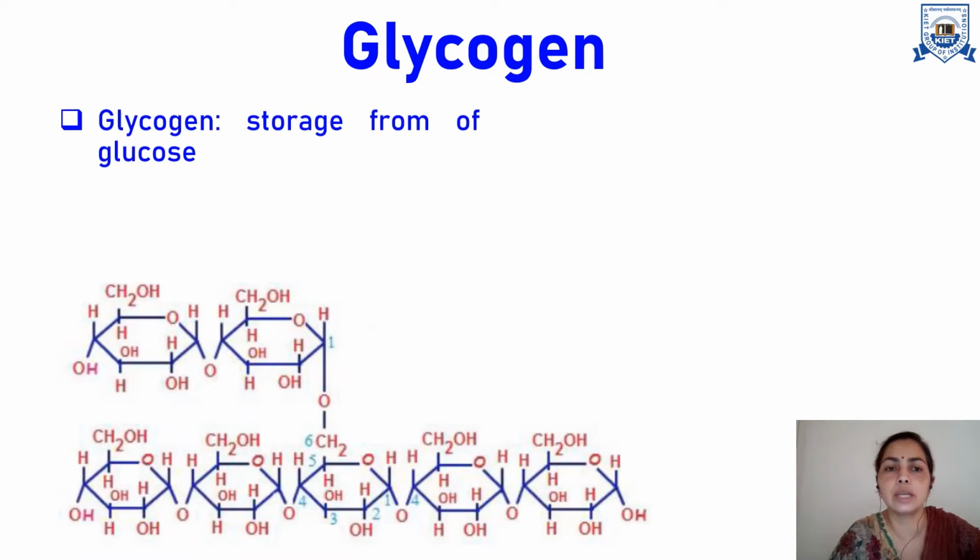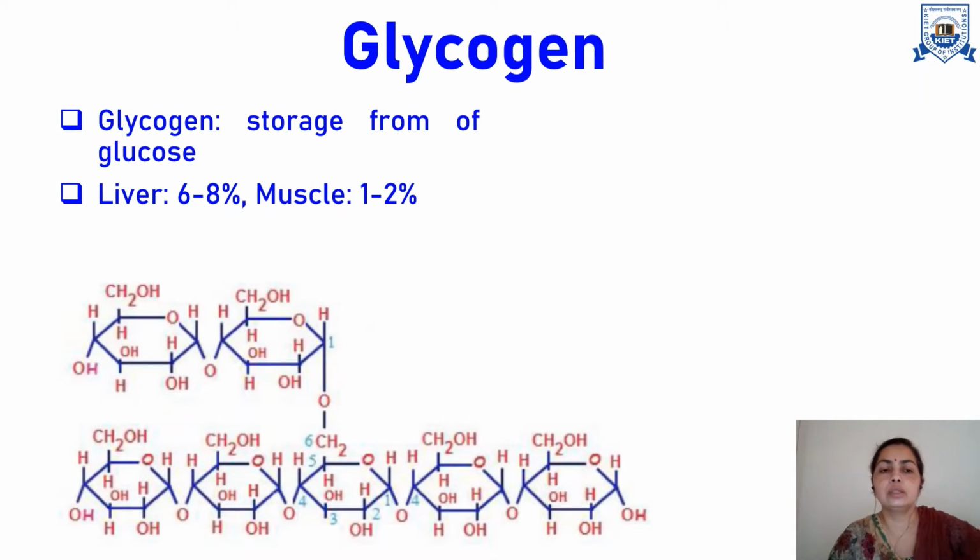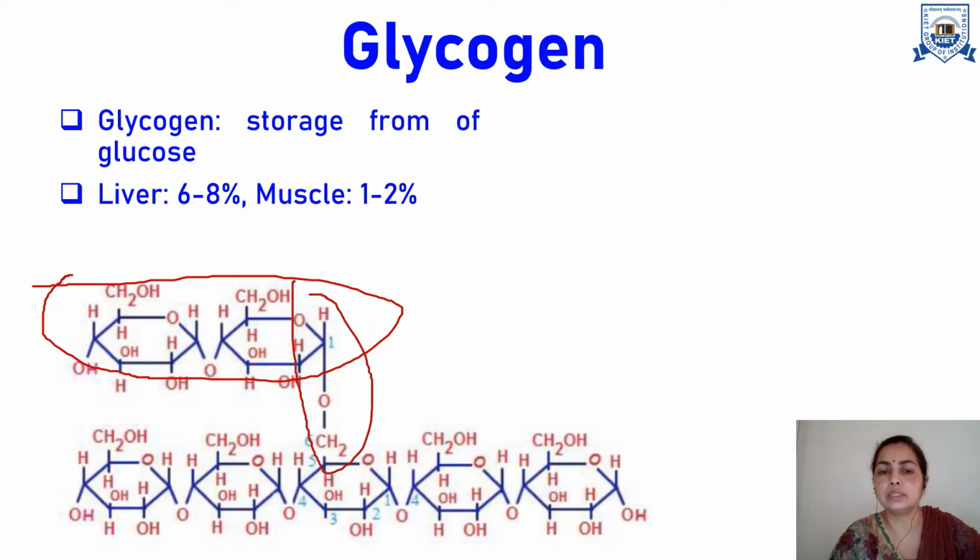First of all, what is glycogen? Glycogen is a polysaccharide, as you could see in the structure provided here. It has n number of glucose units, and these glucose units are in two forms: one is the straight chain form and the other is the branching form. In the straight chain it forms 1,4 glycosidic linkage, as you could see here, and the branching is through 1,6 glycosidic linkage. In this way these two glycosidic linkages are present in the structure of glycogen.